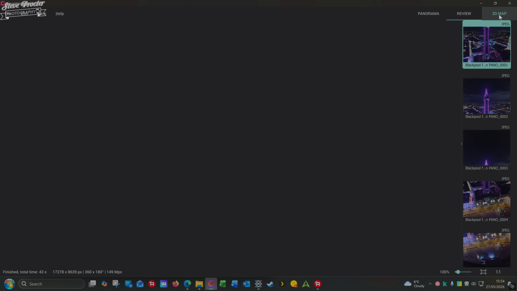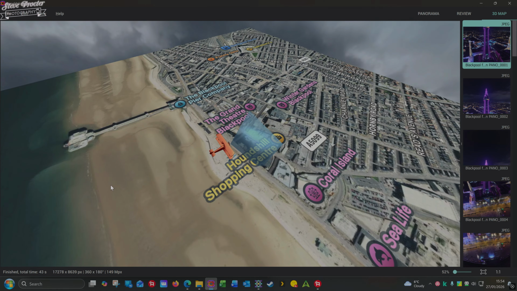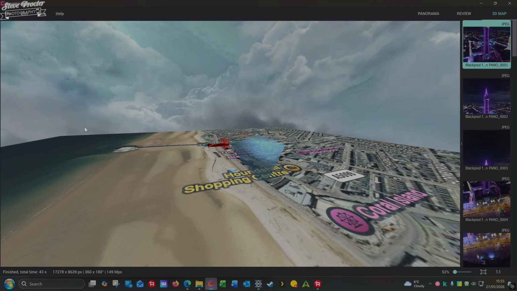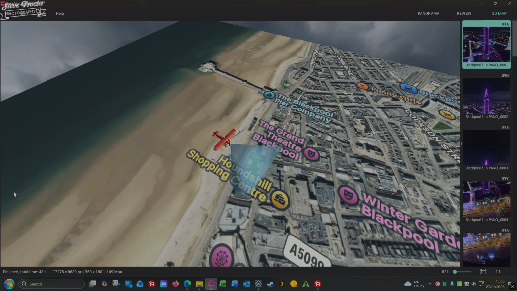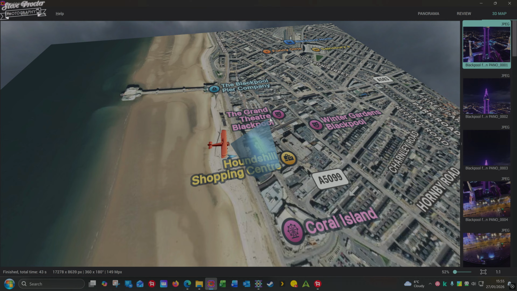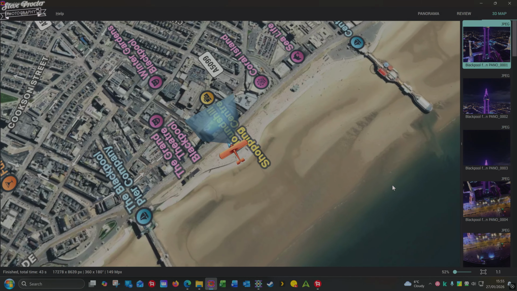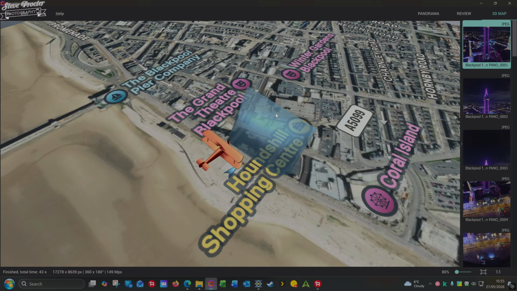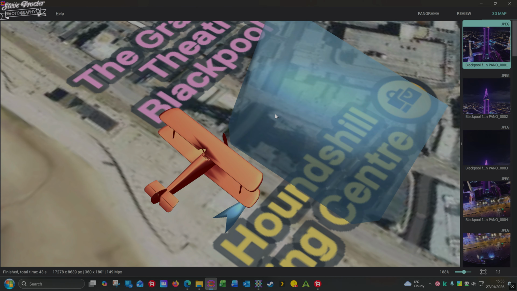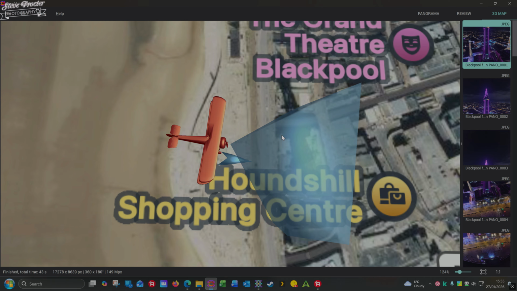So you can also do a 3D map, which is great. If you're doing a video, you can actually show a little 3D map of where the picture was taken. It doesn't say Blackpool Tower, which is a shame. It's got Winter Gardens, Coral Island, but it's a nice little feature. Probably never use it. I probably won't use it. I might put it in the slideshows and things like that. But other than that,